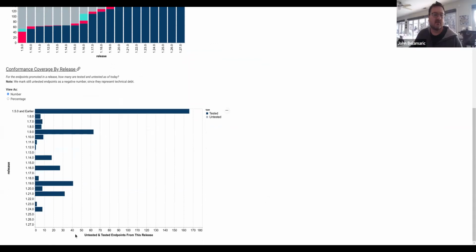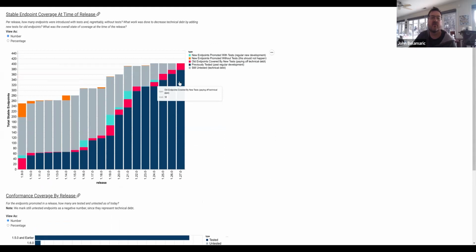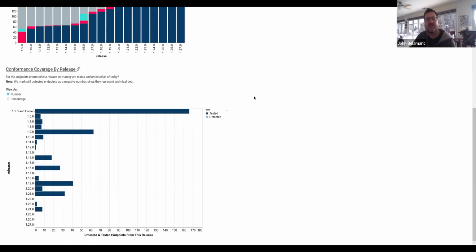I'm surprised that there were no new endpoints in the last few releases. The graph at the bottom shows basically the technical debt that we erased. There was no debt erased in those releases. But theoretically there should be turquoise things in here somewhere, I would think. I don't remember. Not to GA, that I'm aware of. Interesting. Let's put that on the list to check, just off the top of my memory.